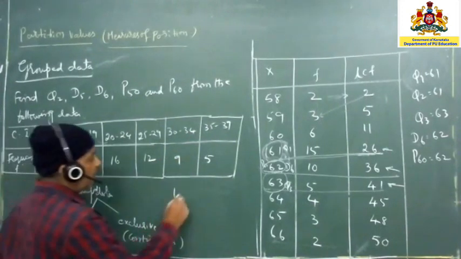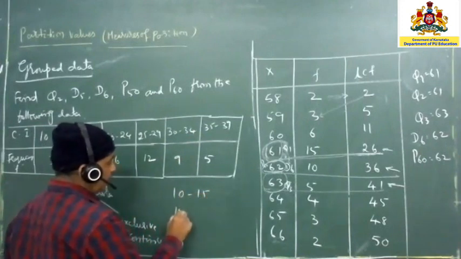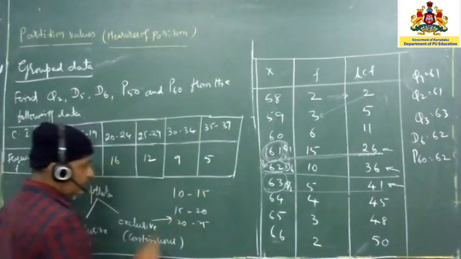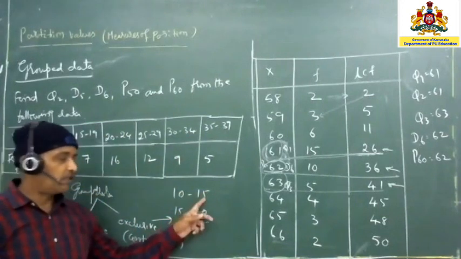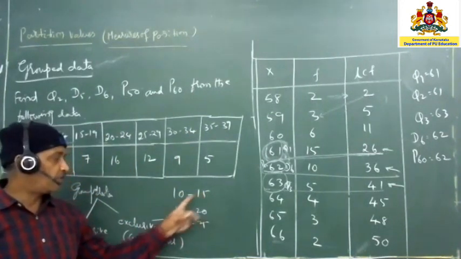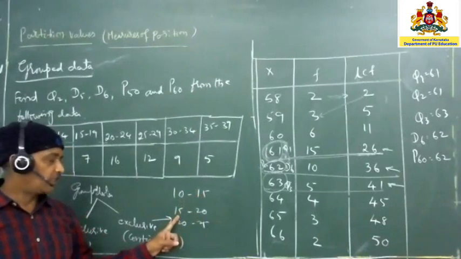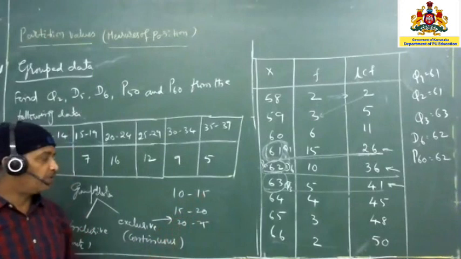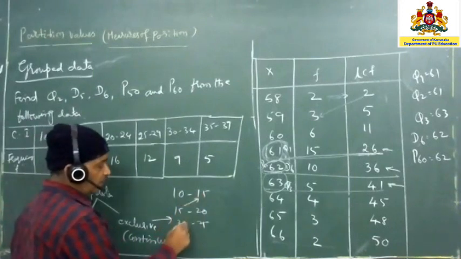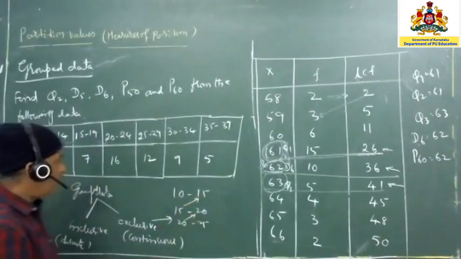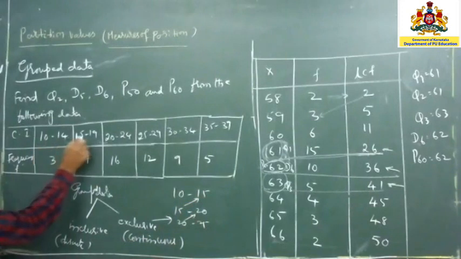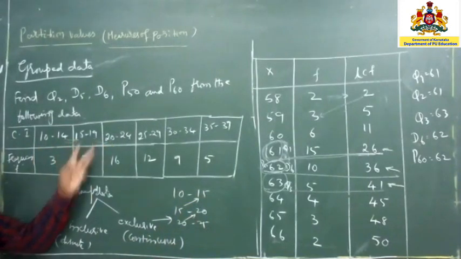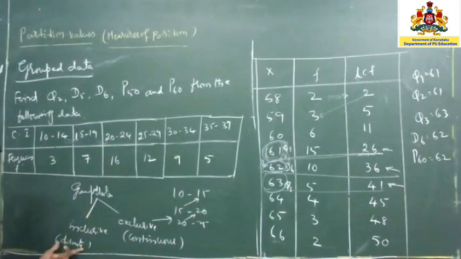Suppose the data is going to be like this, 10 to 15 and 15 to 20 and 20 to 25. So this is what we call exclusive. It means the same 15, the upper limit of the previous class, is going to be the lower limit of the next class. So the upper limit of the previous class, 20, is going to be the lower limit of this. So there is no gap. 15 minus 15 is 0, 20 minus 20 is 0, there is no gap. But here there is a gap. So 14 and 15 there is a gap, 19 and 20 there is a gap. So this is what we say is called an inclusive class or discrete class itself.